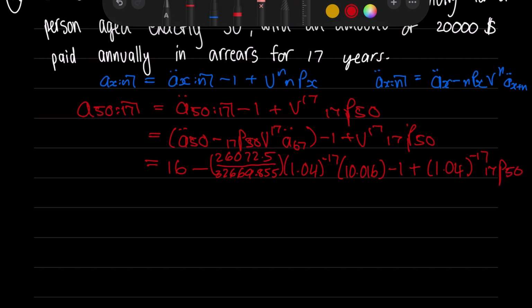I'm not going to rewrite it because that's just the same as that. So this value is this, right? You can see 17p50, 17p50. The probability of a 50-year-old surviving 17 years. So now I'll pop this into a calculator and get